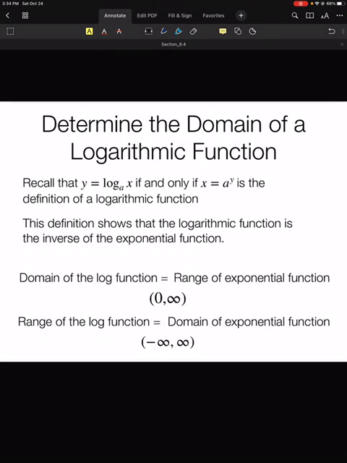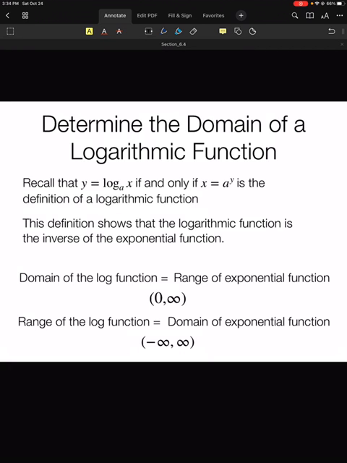Hi everyone. In this video we're going to continue on with section 6.4, which has to do with logarithmic functions. In this video we're going to talk about a certain part of a logarithmic function. In the last video we talked about logarithmic equations. Now we're going to look at functions, which of course are slightly different. We're going to look at a certain aspect of logarithmic functions that is important, and that specific aspect is